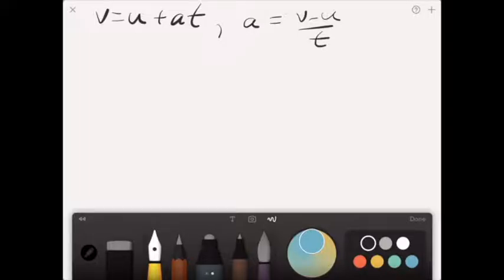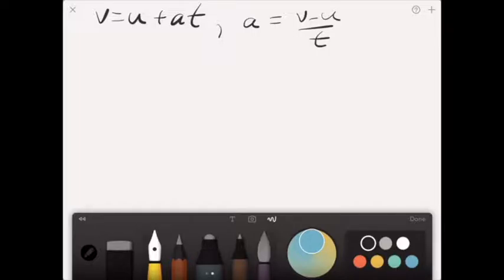Now, we know the value for V and U and T, so we could just plug them in, 11, 3, and 10.4, and get an answer. But I caution you not to do that because we don't know how the uncertainty is going to affect our results unless we go step by step through the order of operations. So the first operation we need to do is the V minus U because it's in the numerator,